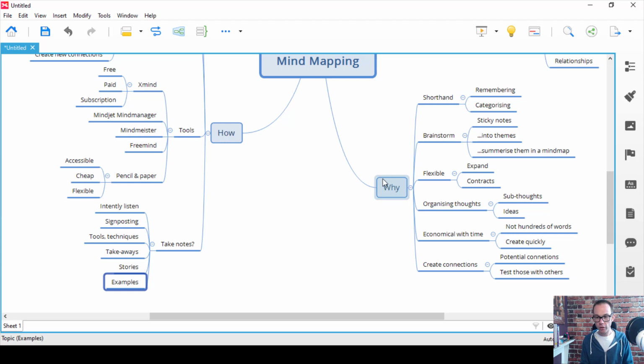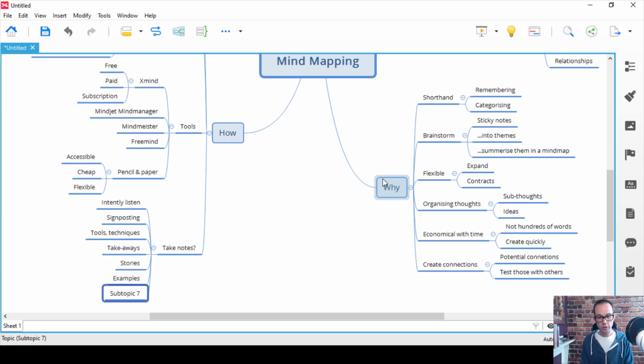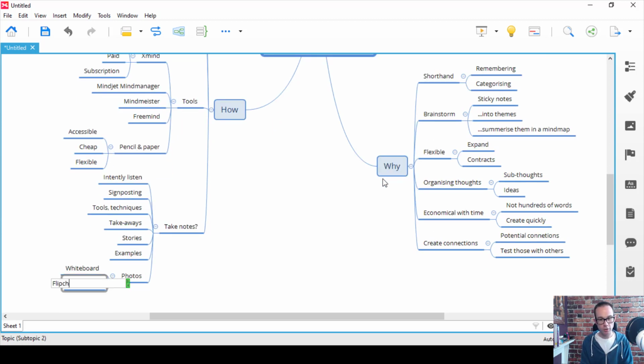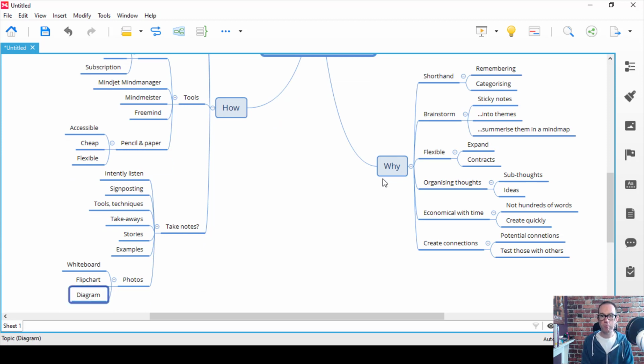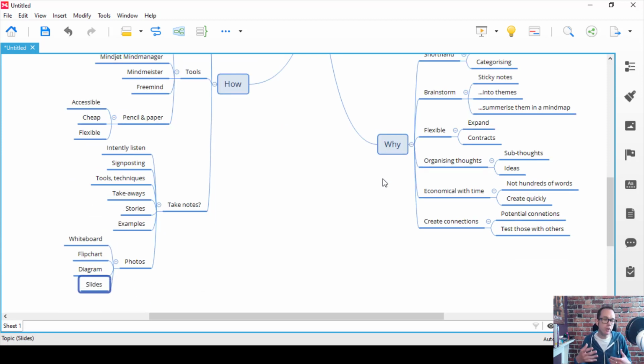The other thing I will sometimes do, if it's appropriate and if I have permission to do so, is take photos. Now, I'm using the PC version here, so I don't have a camera. But you could take, with the appropriate permission, of course, perhaps a photo of a whiteboard or a flip chart or a diagram or somebody's slides. And I know you can always get the slides after, right, but you can actually embed a picture. And sometimes, of the 20 slides, if there's one diagram that summarises it for you, do it.